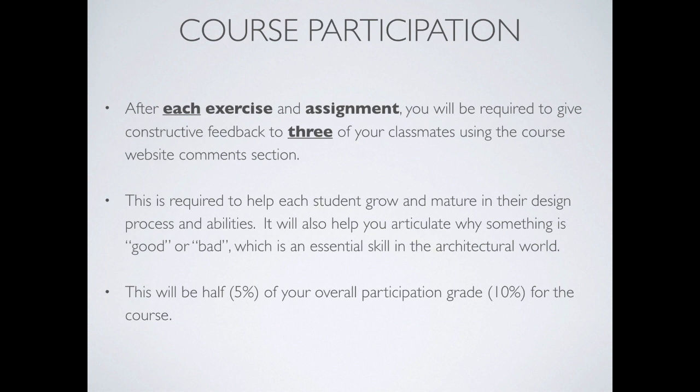So what do I say about it? What's making this good? Maybe it's, you really used a strong diagonal composition and it brings out the elements in the photo really nicely. Or maybe it's the alternative. Maybe, hey, did you think about changing your composition or your cropping so that you followed more of a rule of thirds, because I think that would cause the background to play off of the foreground in the photo. So it can be constructive negative, it can be constructive positive, but it's about how do you articulate what's good and what's bad about somebody's design.